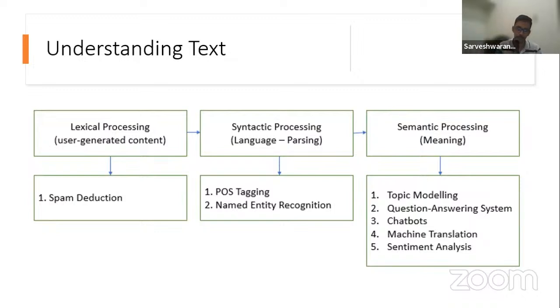How does it happen? We cannot create a lookup table for all the different acronyms or short forms. It should create a lookup table on its own. How does it happen? It happens on the basis of semantic processing.